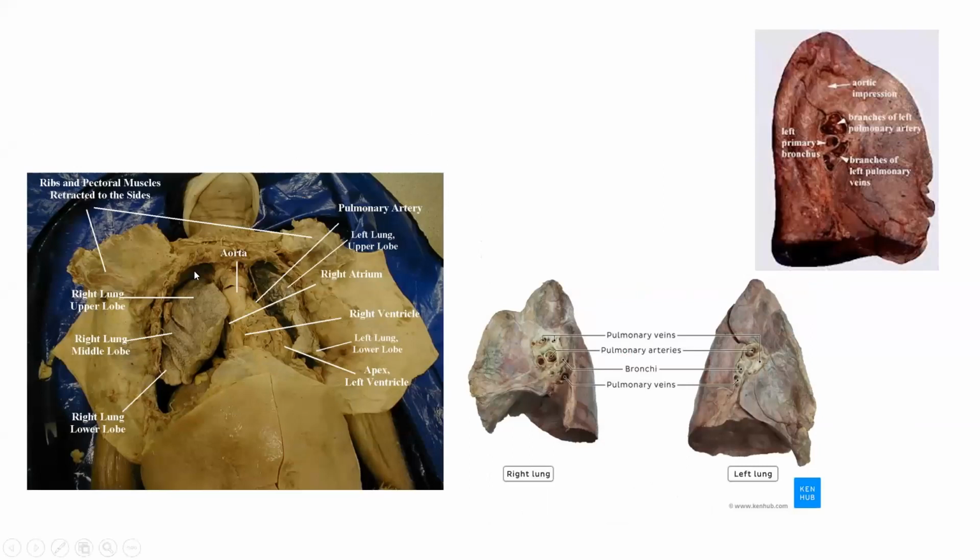This is also a picture of cadavers, a real picture of cadavers. So this is the thorax, open thorax, the lungs, the right lung, the left lung, the heart area, the aorta. So it's just a real picture. They have removed the sternum and the rib cage to make this area more visible. So I thought it's important that you grab the concept of it and you know how it looks in real